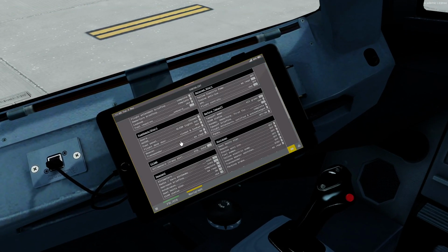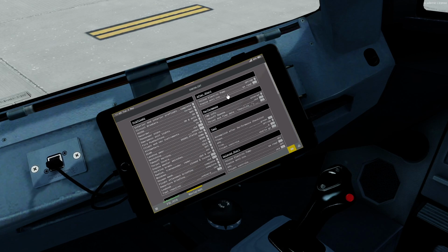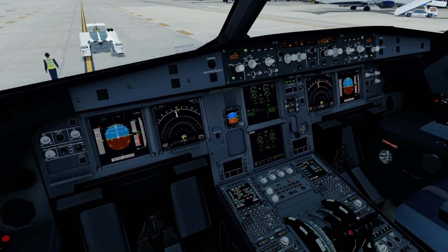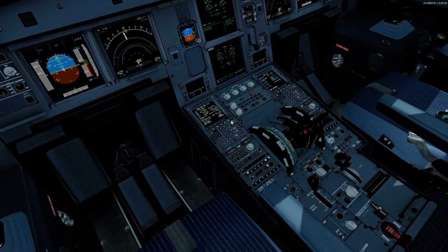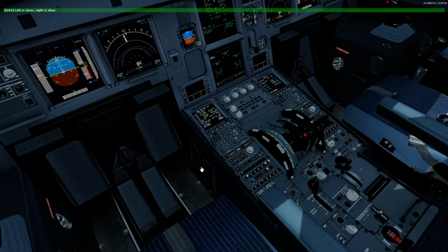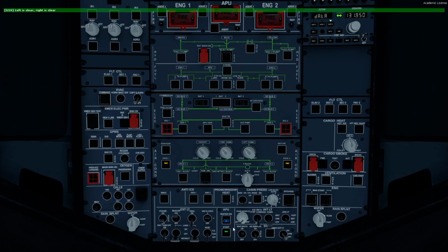Checklist, let's see what's coming up now. After start, yellow electric pump is off. That's probably for the one engine taxi outs, which they sometimes do, and engine NTI is also off. Right, okay, 2 good engine start, this goes to normal. This is still too loud. AP bleed goes off, APU goes off,